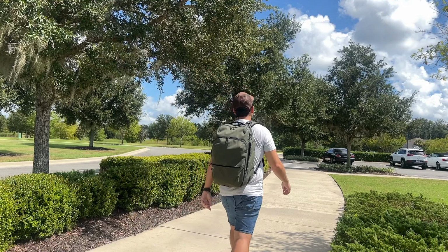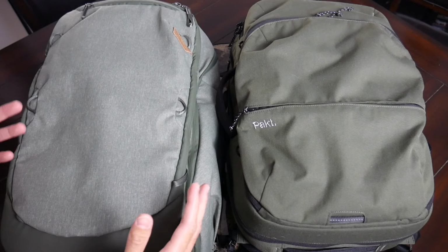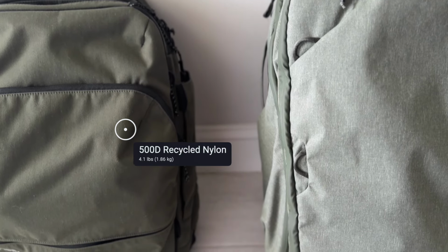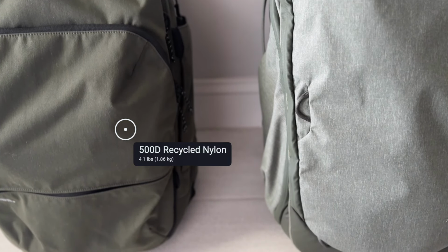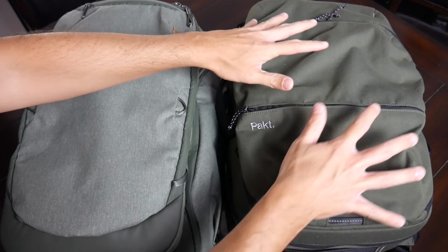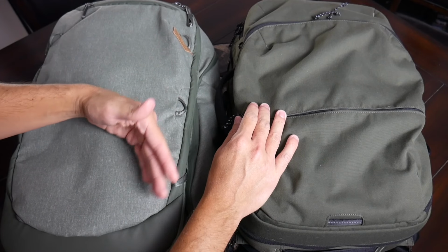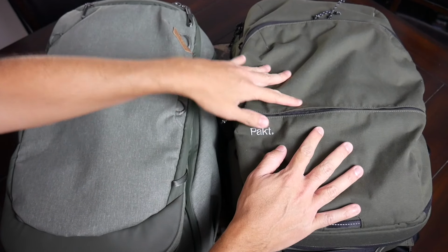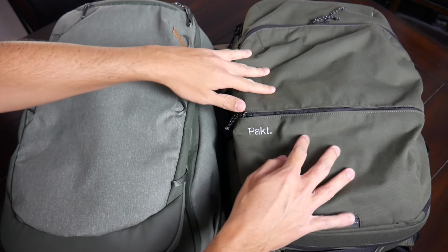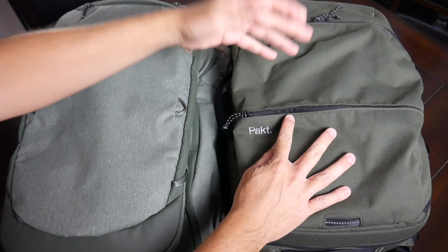both of them. And then as far as the materials, each is very, very solidly built. I've had great experiences with both of them. Pakt uses a recycled 500D nylon, which feels very durable. I really like that it's not super rigid, so it kind of molds around the materials that are on the inside. It has really nice YKK zippers, so very premium materials. It feels like it's going to offer a decent amount of weather resistance. It does tend to attract a little bit of lint and hair. It's not horrible. You can kind of clean it off, but something to keep in mind if you're getting the